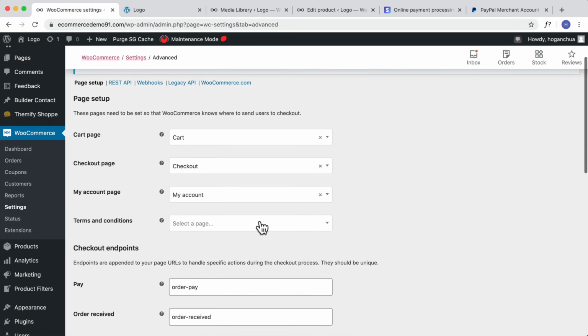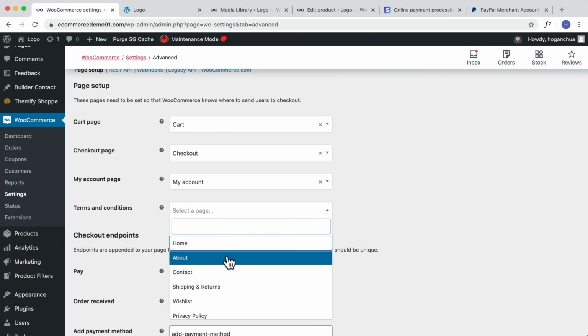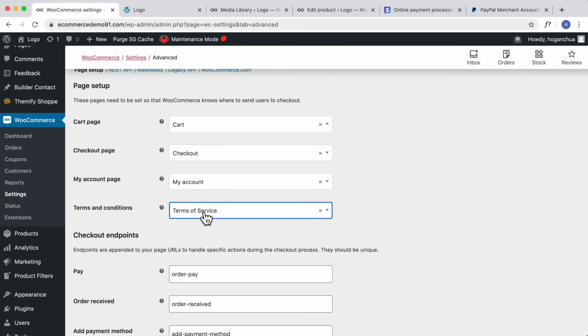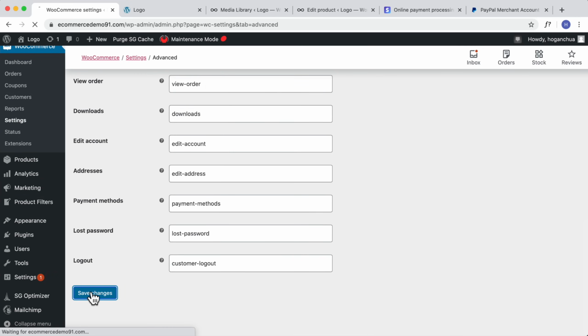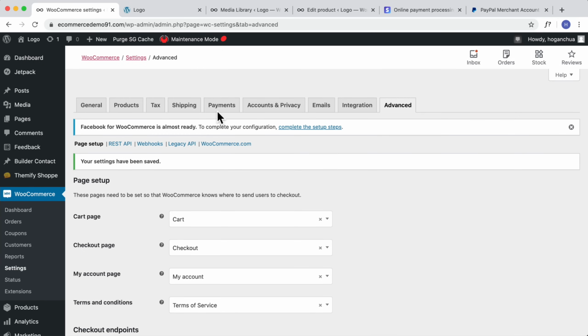Advanced. Here you want to make sure that you set the terms and conditions page to the one that you set in before, and scroll down, and I think that's pretty much it. Click on save, and we're going to set up the payments. So click on your payments tab,